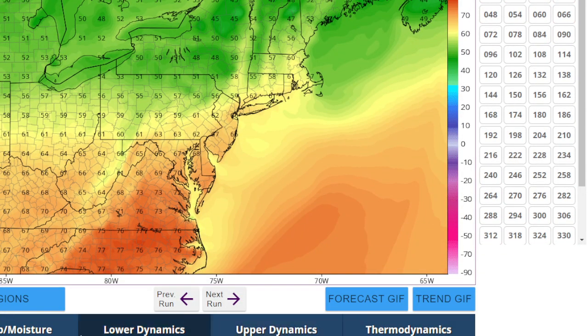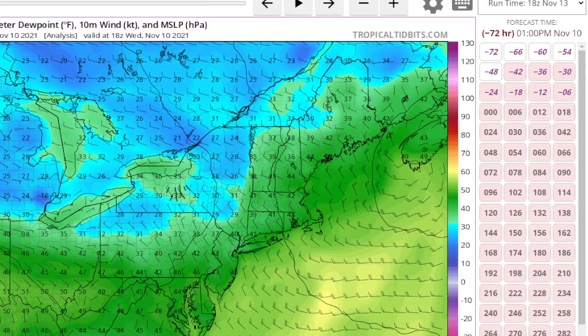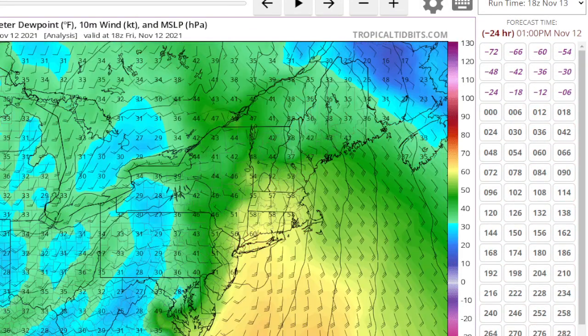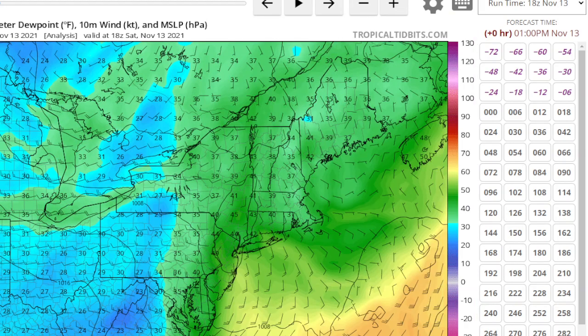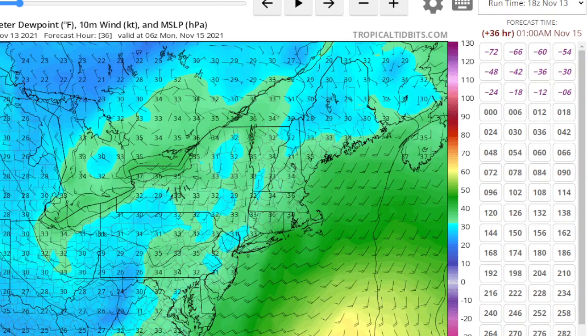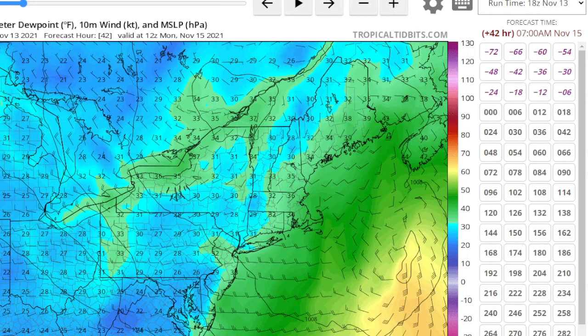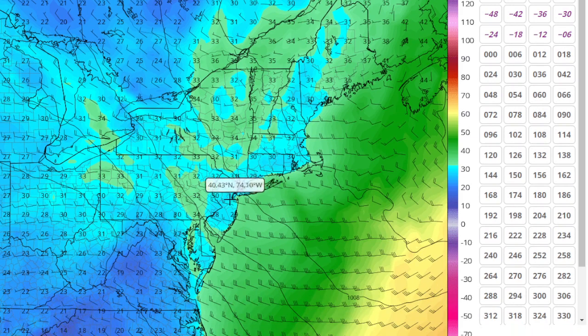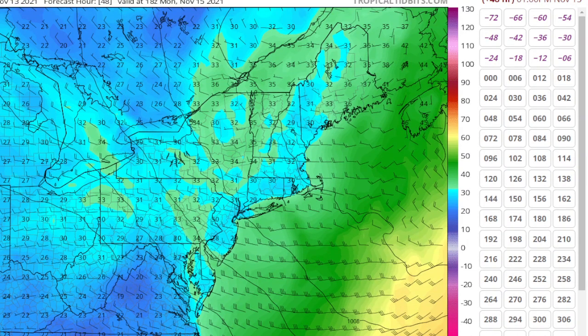Obviously this is dry air. I'll just throw the dew points in here, but I'll just throw this in to illustrate the wind shift. You'll see the winds coming from the west, and then gradually west-southwest for tomorrow afternoon. Goes southwest ahead of the clipper. And behind the clipper, winds go back to the west again. You'll see a good amount of barbs here, which means it'll be breezy. Definitely feeling like November. Monday,